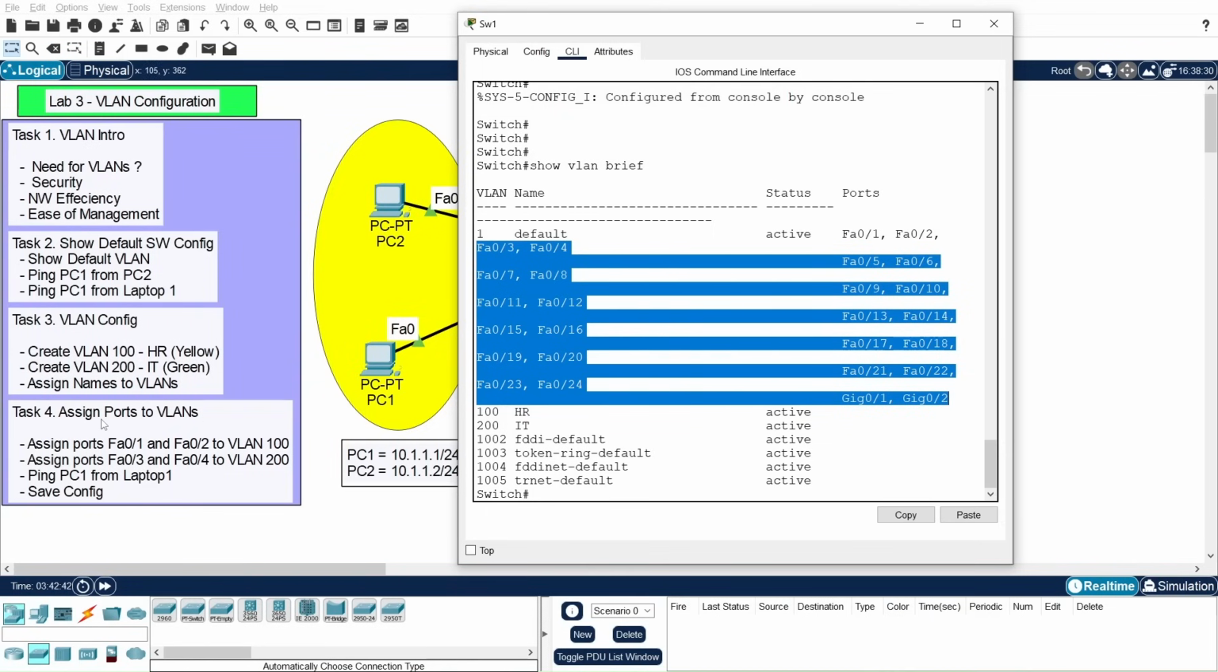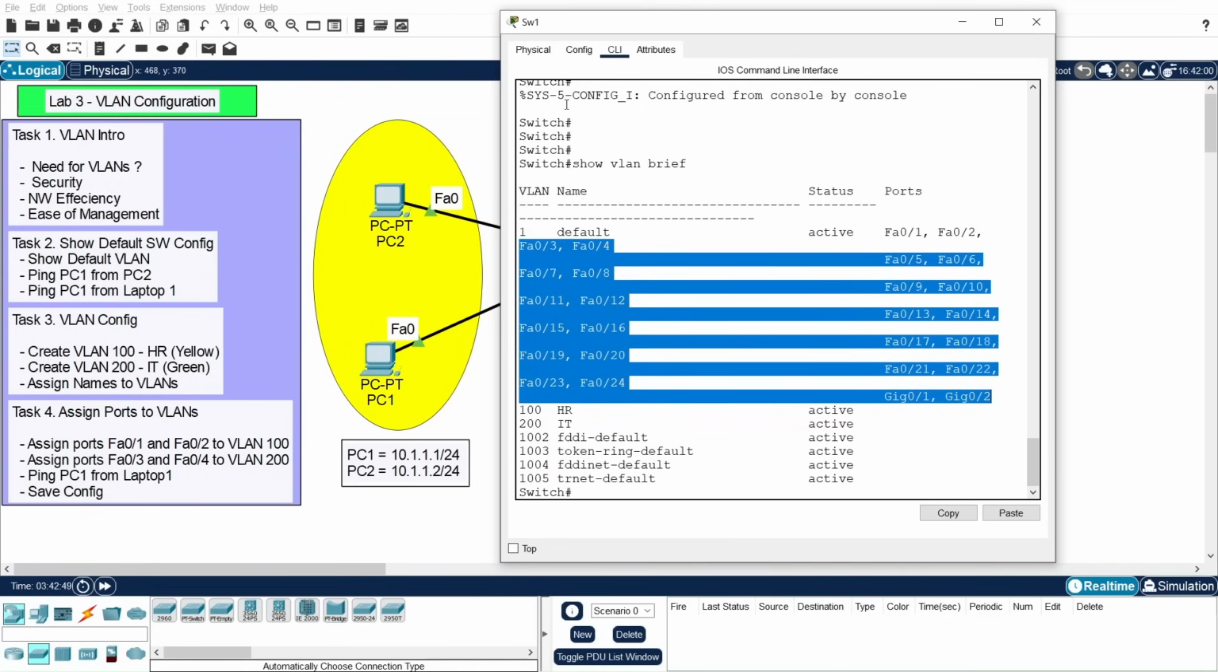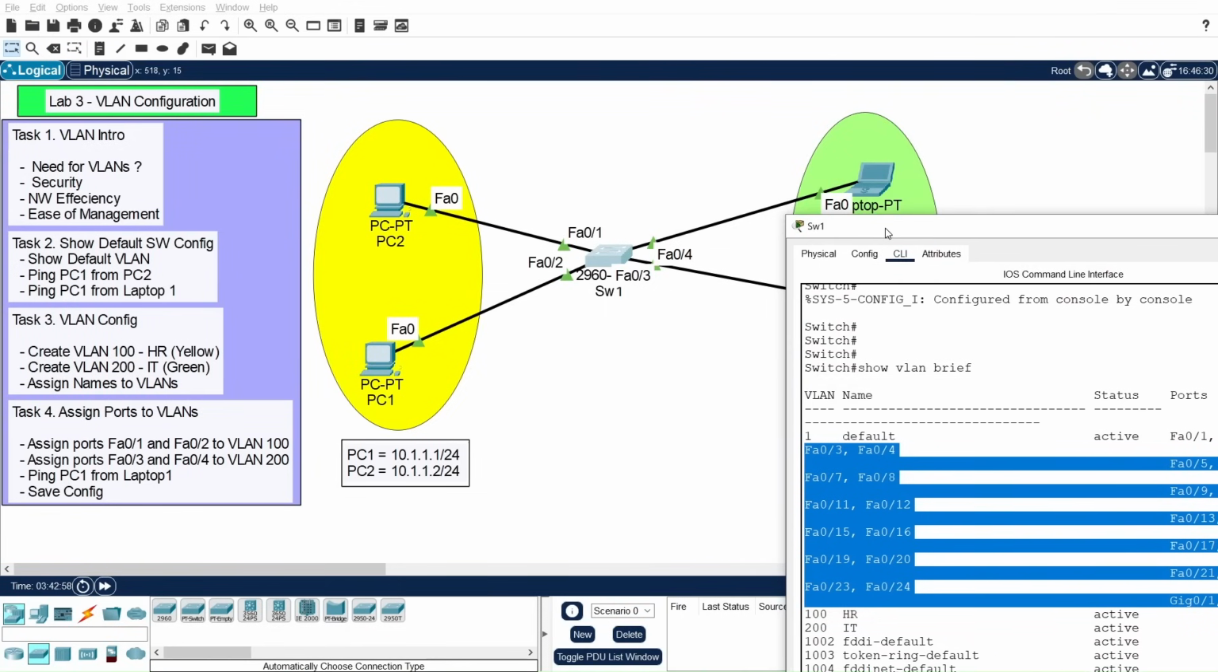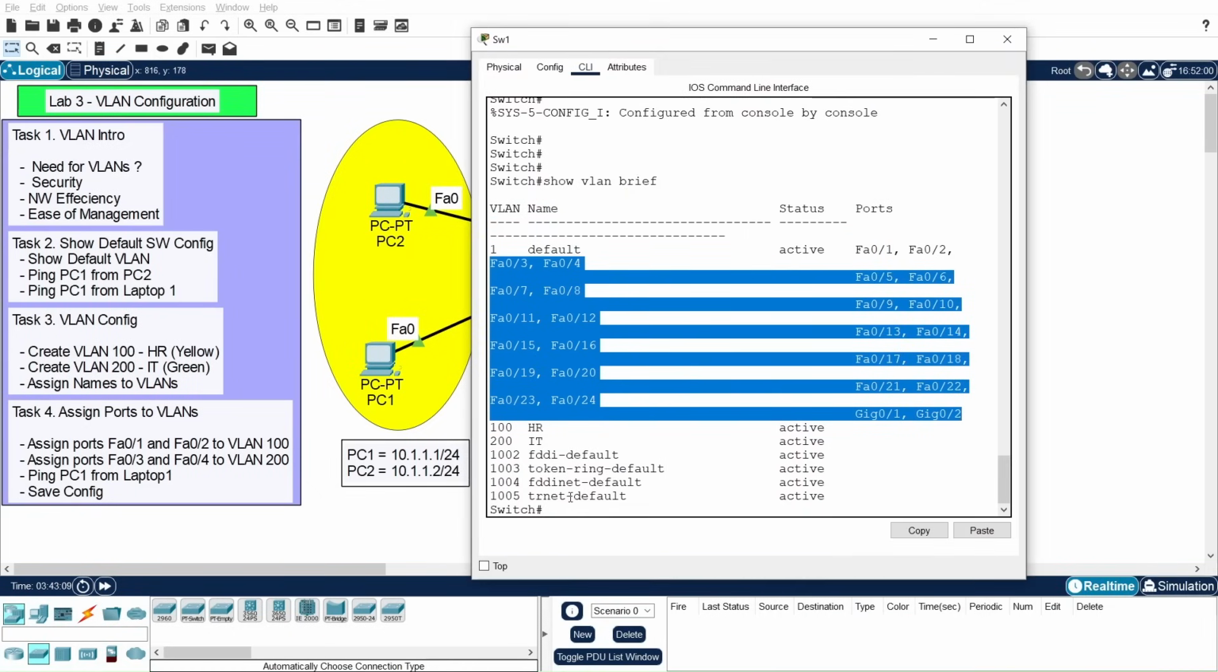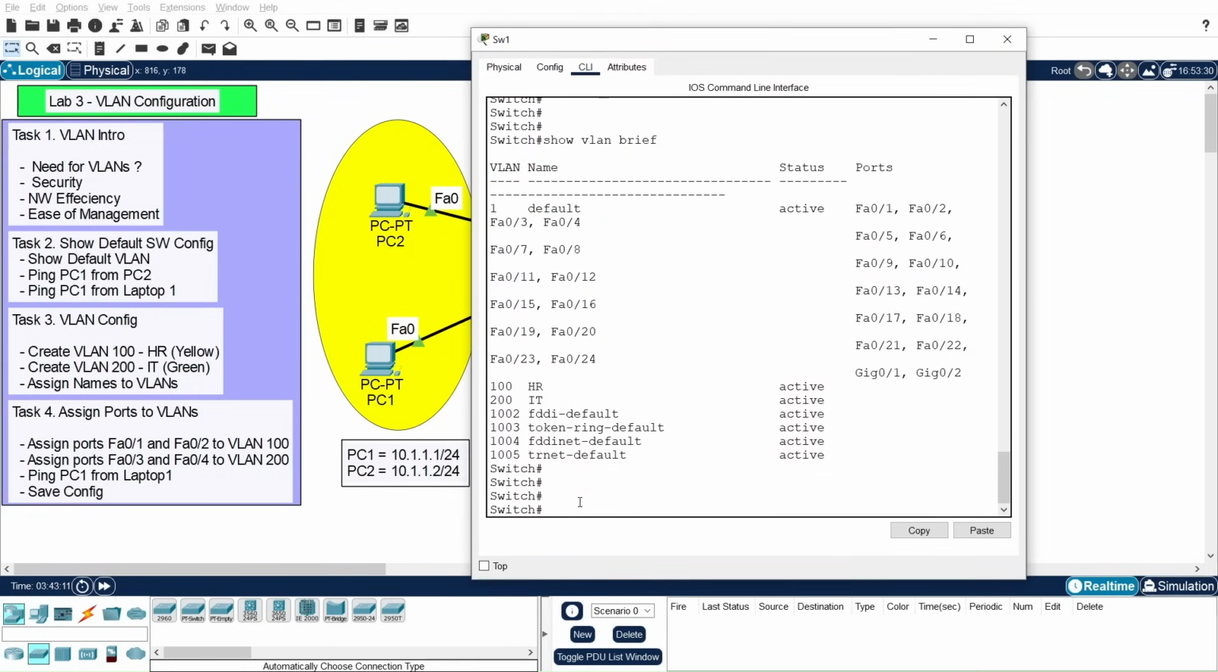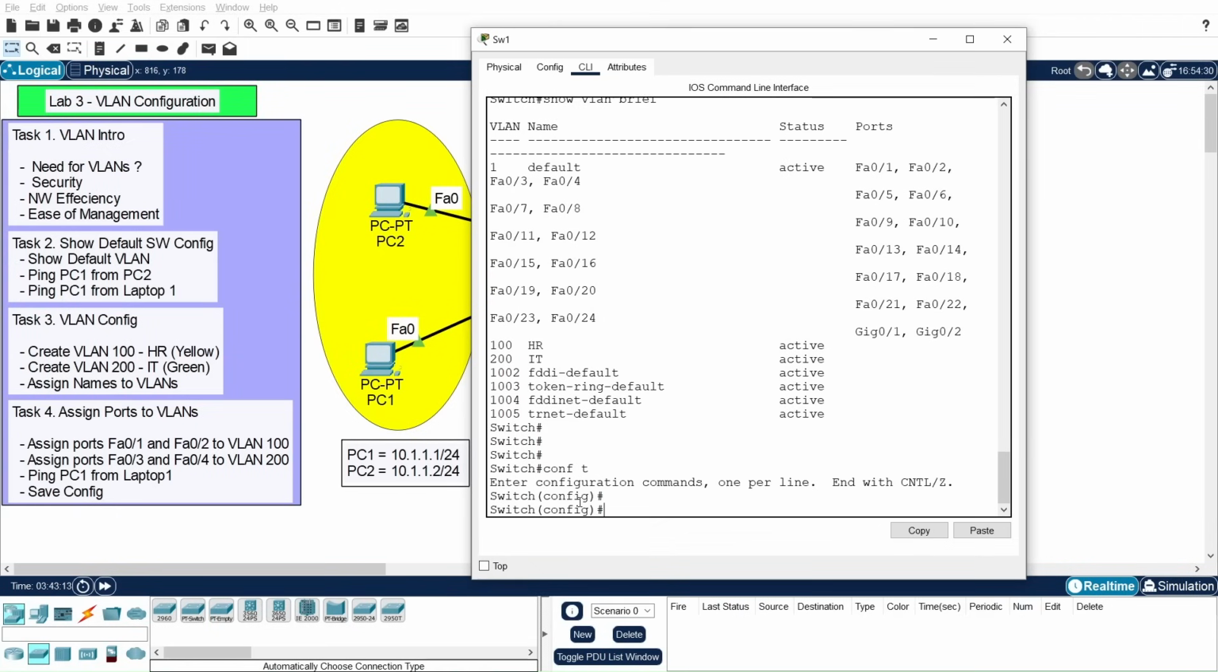So now we will go to the task 4 and we will assign interfaces to these newly created VLANs. So the task 4 is that we will assign fast Ethernet 0/1 and 0/2 to VLAN 100. So this is 0/1 and 0/2 of the switch. We will assign these interfaces to VLAN 100, which is this yellow HR VLAN. So again, we will go to the global configuration mode,